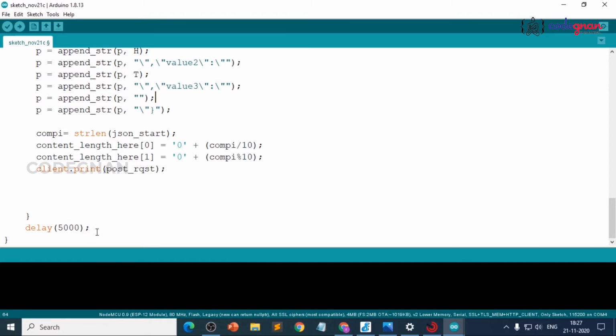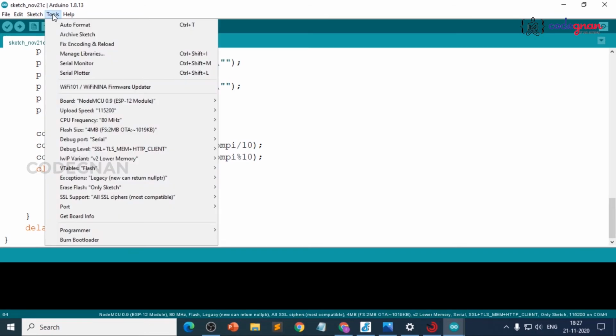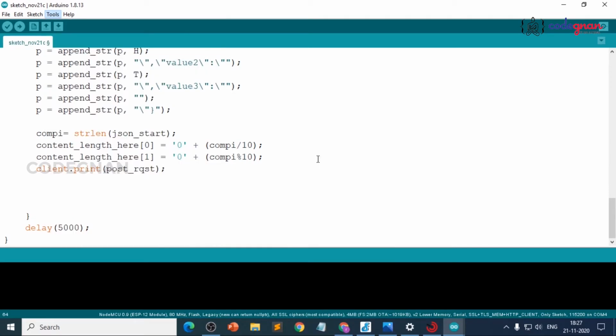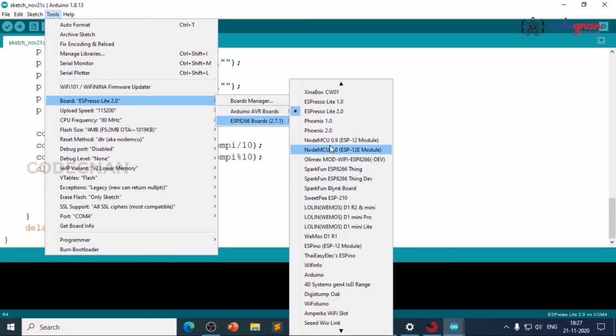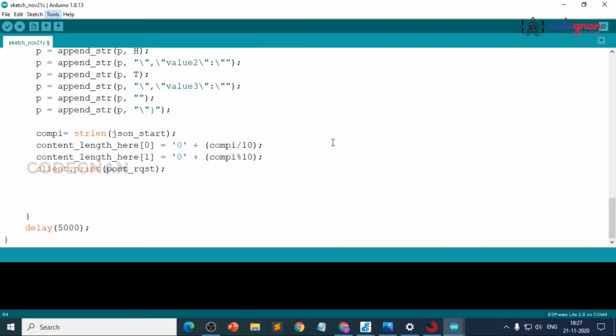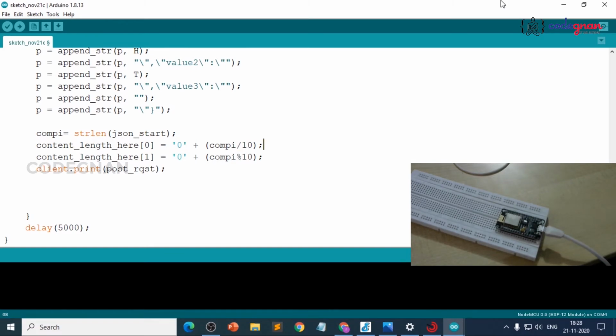So select the tool and connect the port here, port COM4 and board NodeMCU. Okay, let's see the connections.